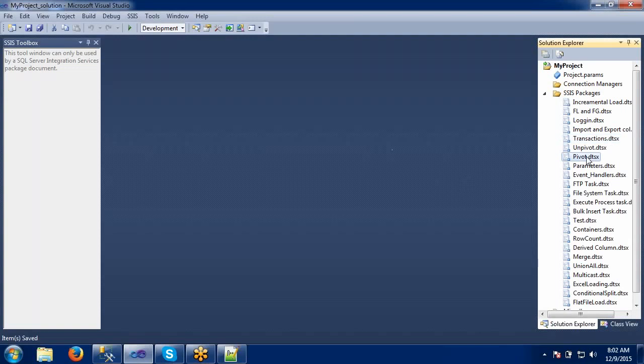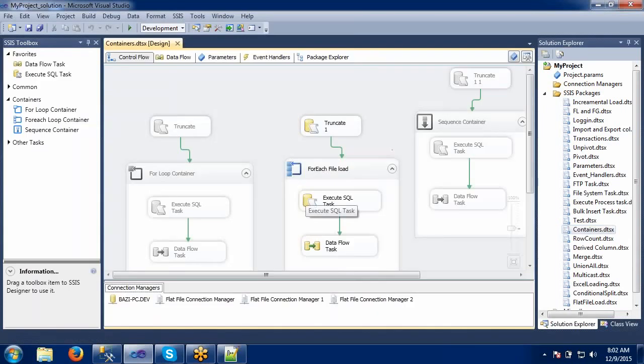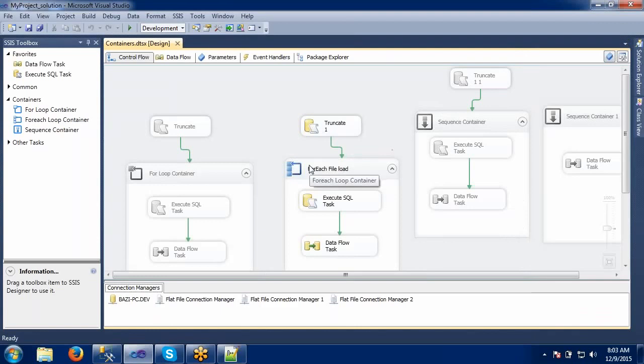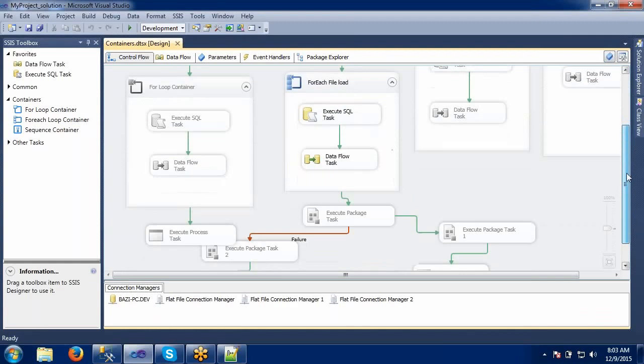Okay. We'll take the existing package only. We have seen some containers. If you remember, we have covered all these topics in the containers: for loop, for each loop, sequence container, everything, right? So these are the containers we have discussed in the previous topics.